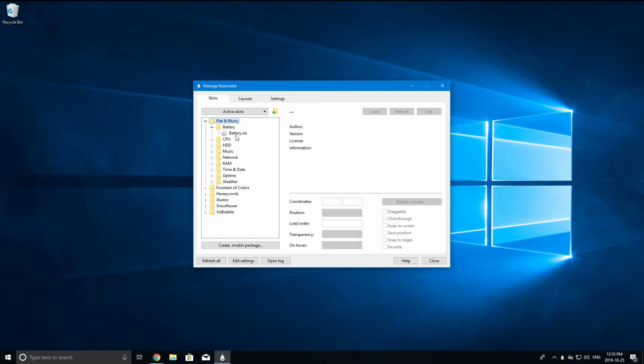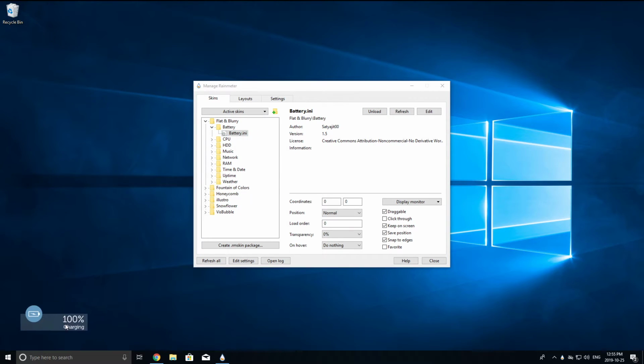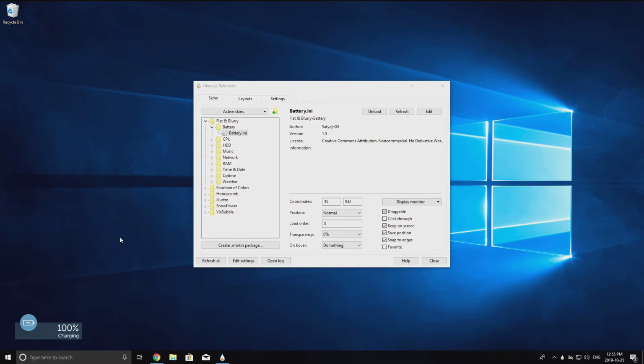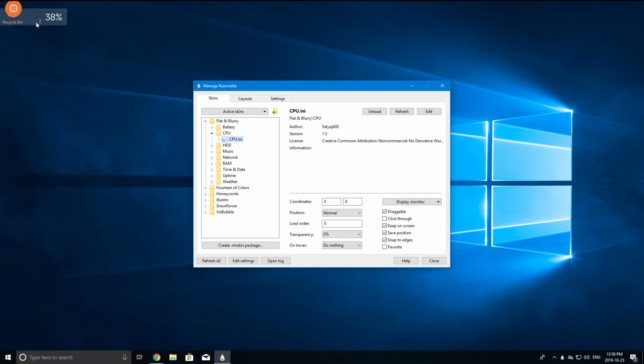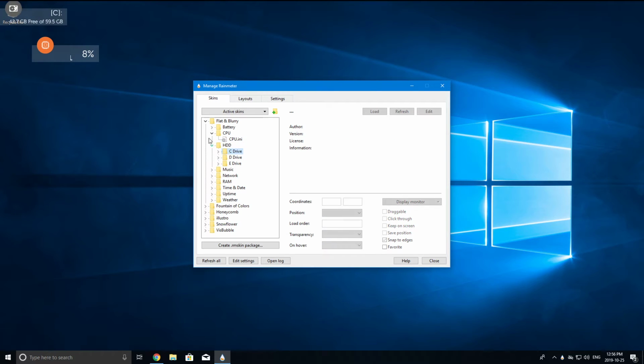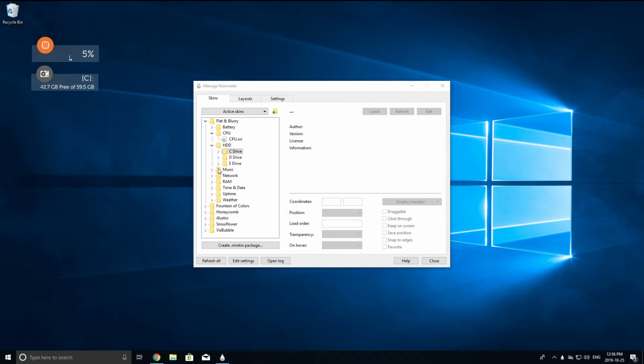So let's say we want to see the battery. Load it up, and here it shows. Now it says 100%, and it'll always say 100% charging because I'm on a desktop. If you were on a laptop, it would work properly. Let's just unload that and load the CPU back up. So we can see that, and we can also load up how free the C drive is,